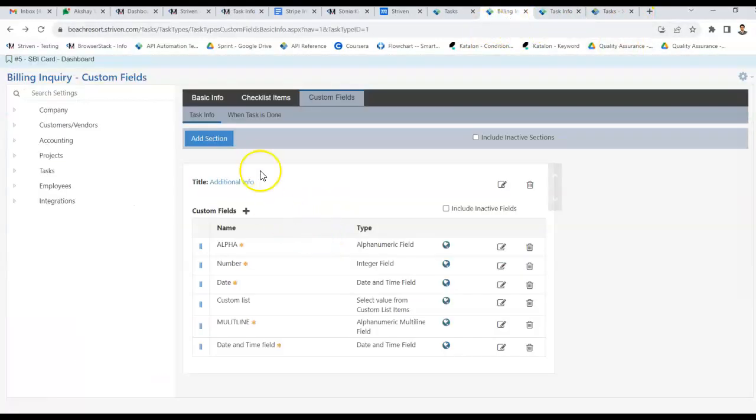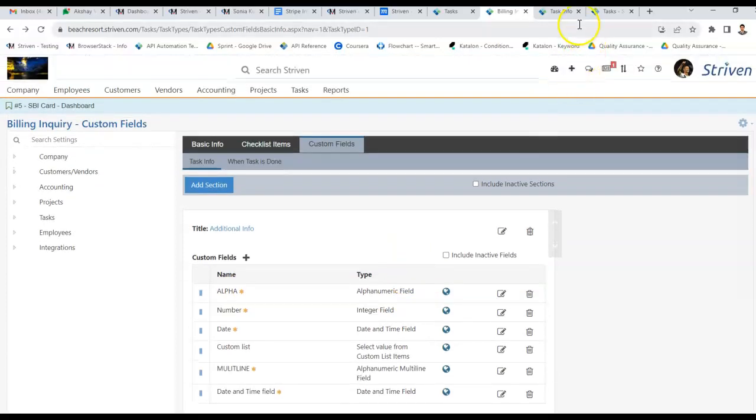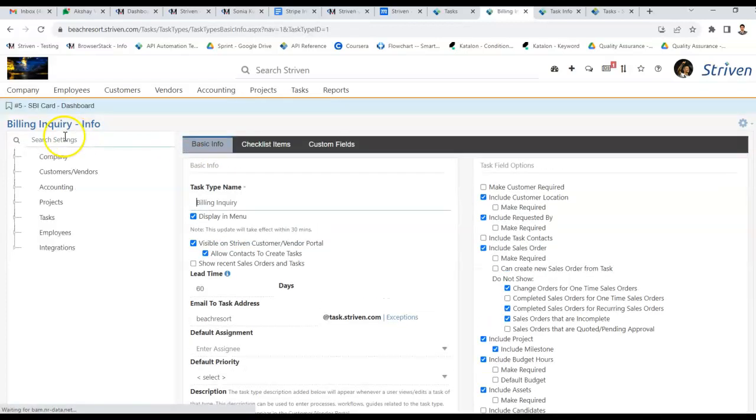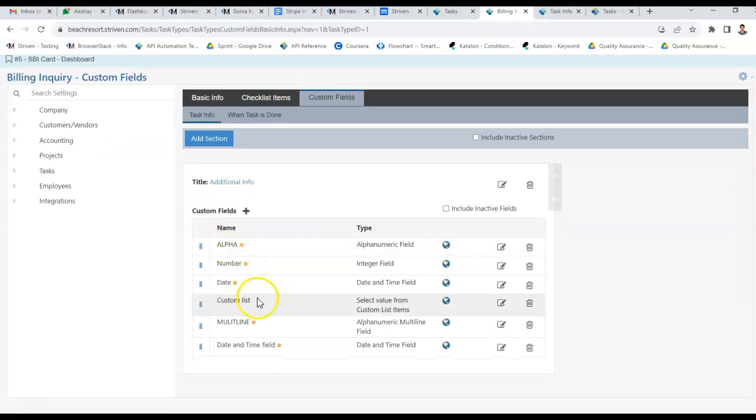The issue is related to the custom fields task type custom fields, while accessing these custom fields from the customer portal. So this is the task type. The name of the task type is billing inquiry, and in the custom fields I added a few custom fields as required, and one custom field is